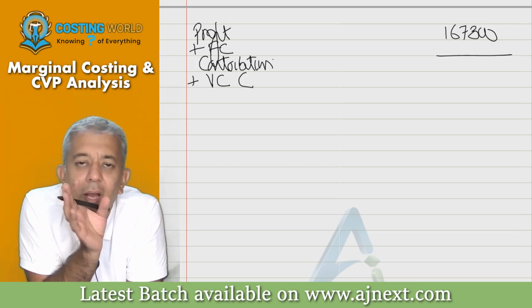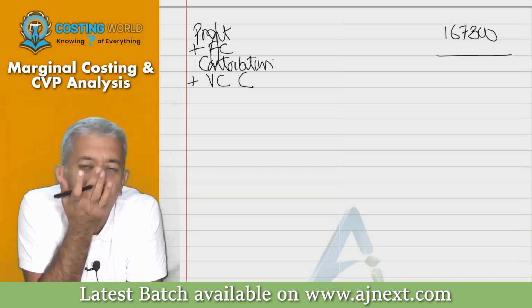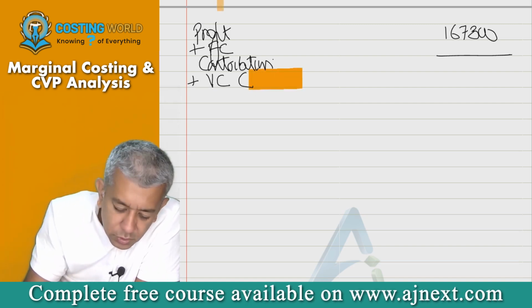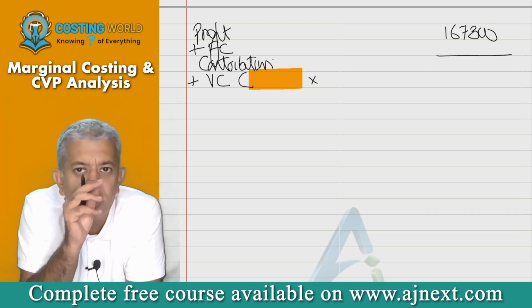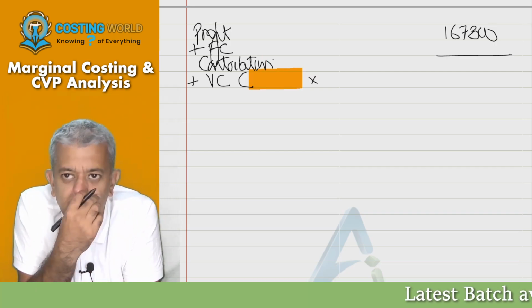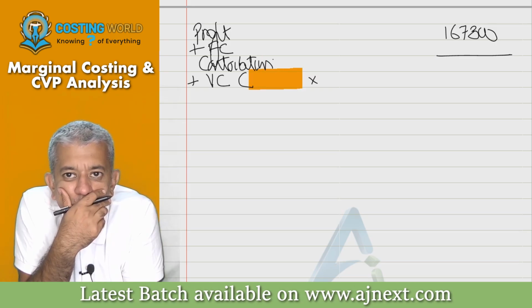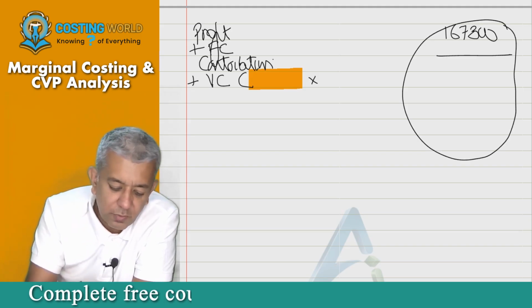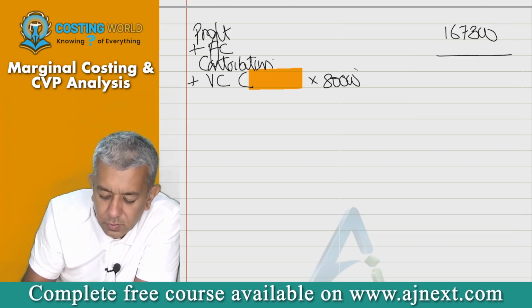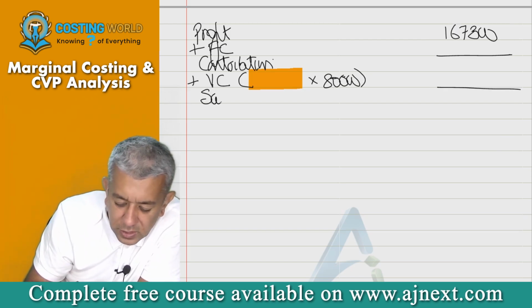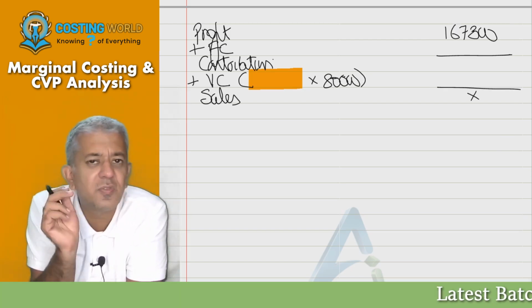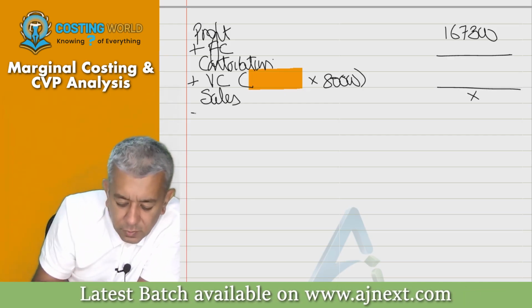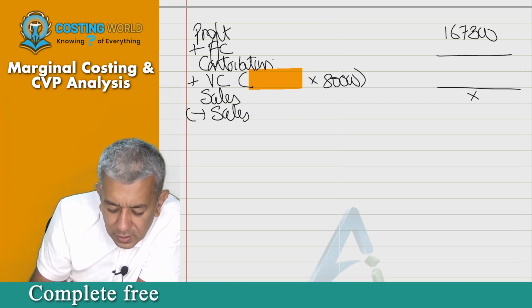You have the variable cost of the last year, but I don't want that of the last year. This year there are some changes. Do those changes. Tell me one thing, variable cost will get incurred for how many units in this year? 80,000. This is the total income statement, no? So we are talking of 80,000 units. This will give you sales. Can we say this figure will be sales of 80,000 units? Yes, sir. But there will be two parts of this. In this, there will be sales of